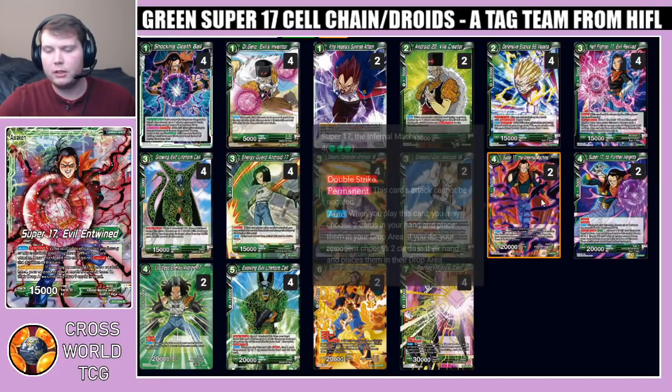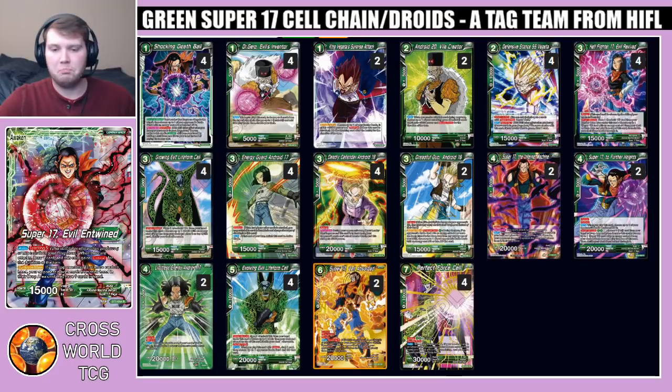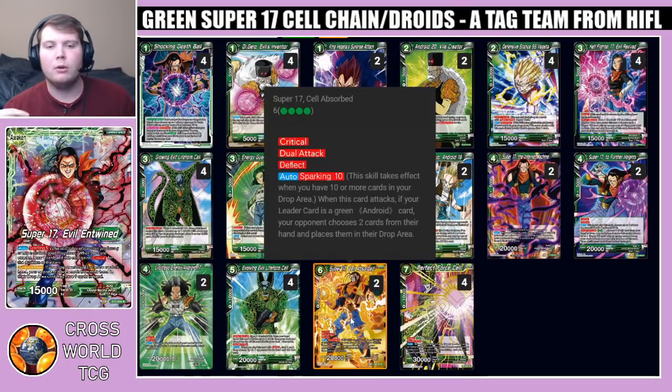But overall, really solid card. This guy came out of the tournament pack, so if you can go to tournaments and get them, really strong for this deck. Moving on, we have 2 of the 6-drop, Super 17, Cell Absorb, Critical, Dual Attack, Deflect, so